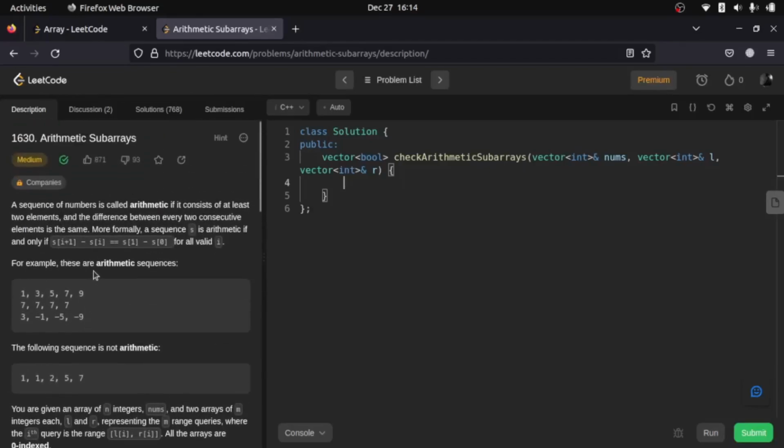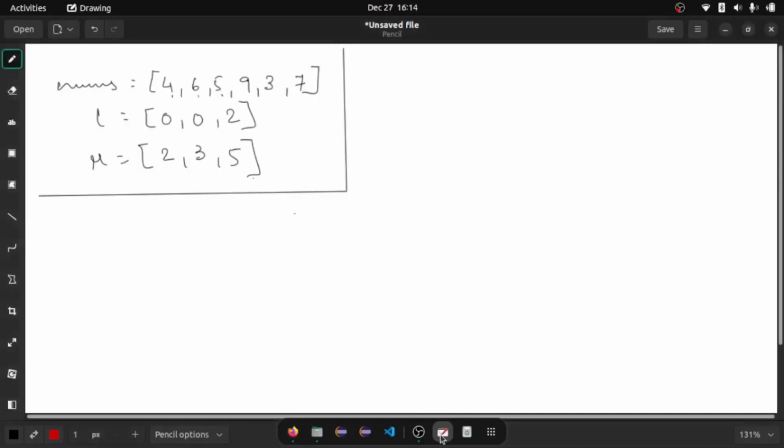In this video we are going to look at another arrays medium level question. Although it says it is medium, it is really easy, and we'll see how. So let's jump into the question, what it says, and then we'll understand how we are going to solve this. I've written it down already, example number 1, and I'll explain with the example what it is